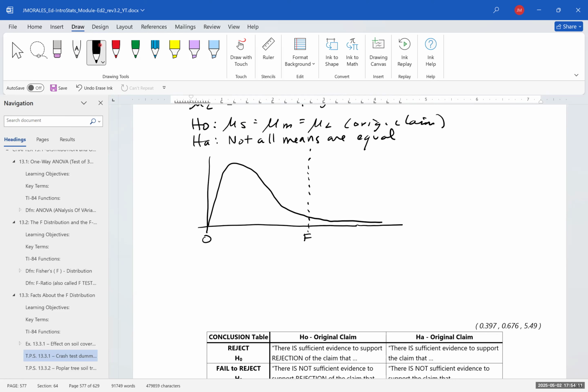So we're going to have an F critical value. Significance level, we were told, is 0.01, which means we've got a confidence level of 0.99. This region is where we're going to reject the null. This region, fail to reject the null. All right, so to get this critical value,